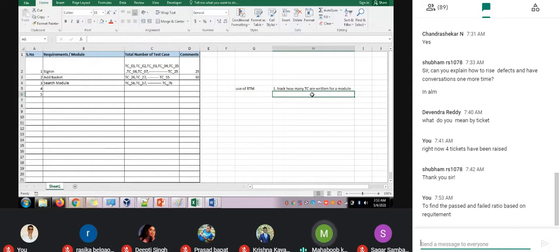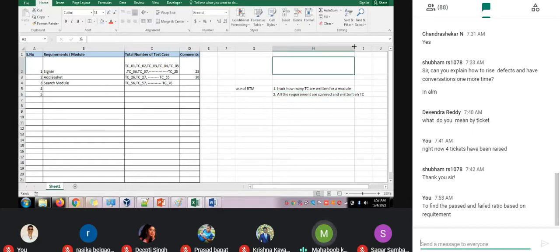We can get to know that all the requirements are covered from our end, and we have written the test cases. Try to understand, this is very important.